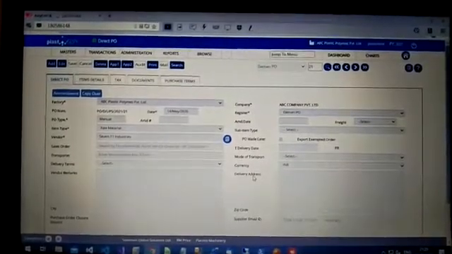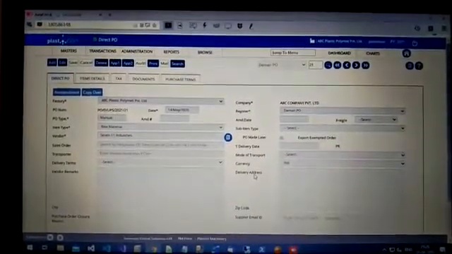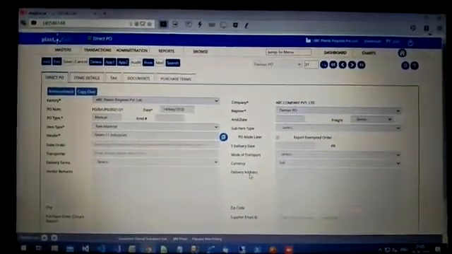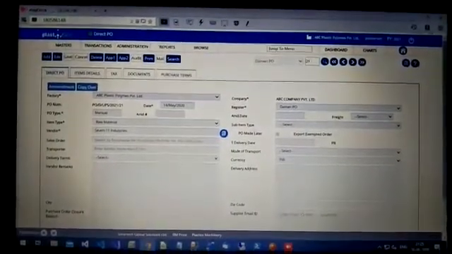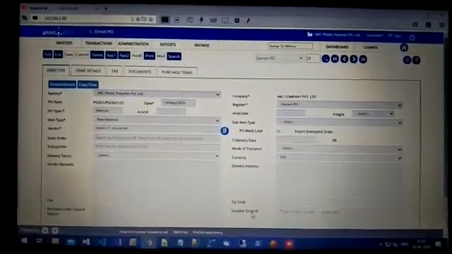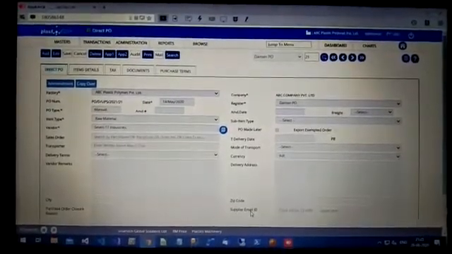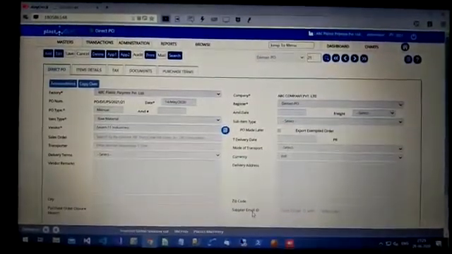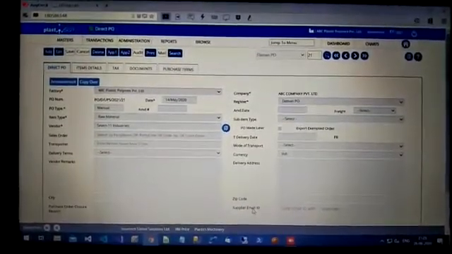Delivery address. Select the address where material should deliver. Supplier email ID. Email ID of supplier. Separate the email ID by the semicolon. Tab item details.